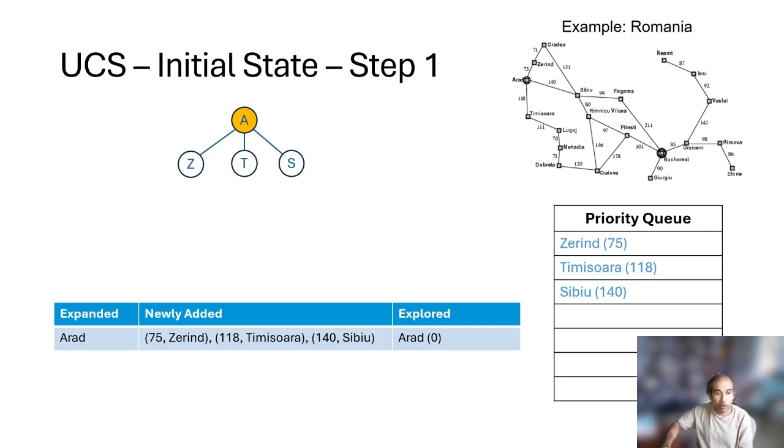So this is the important thing. When a node is expanded, we already know that we have found the cheapest path to it. So let's see how it is applied. This is the Romania map, and